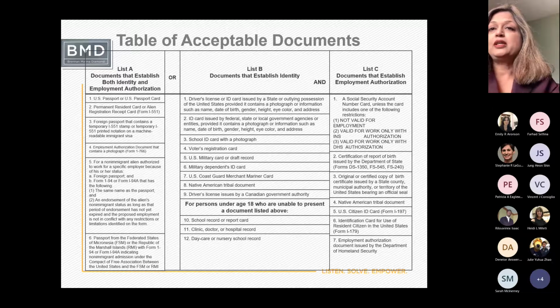And in this section, it's either the US passport, your green card, your foreign passport, which would give your identity, or your I-94 along with that. And if you have an EAD card, so if you are on a STEM OPT or the OPT, you will receive an EAD card, and an EAD card is an acceptable List A document because it both establishes your identity